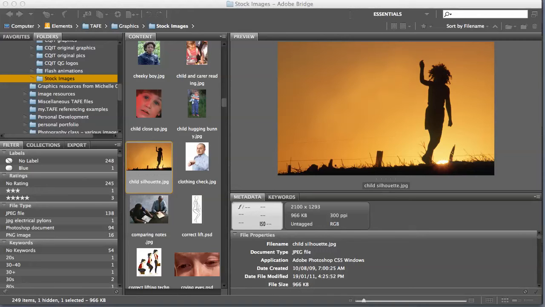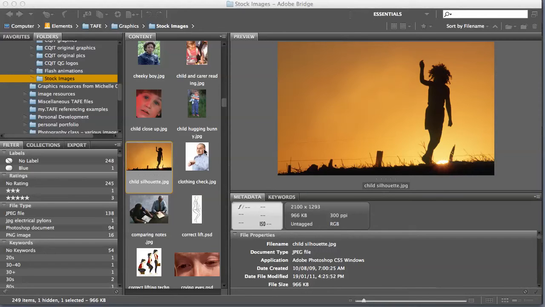It's got the ability of previewing things that you can't actually see in the kind of desktop setup. So you can preview PDFs, you can preview Illustrator files, you can preview raw files. So it's pretty handy. I'll go through the layout of the workspace, and we'll have a look at what it's